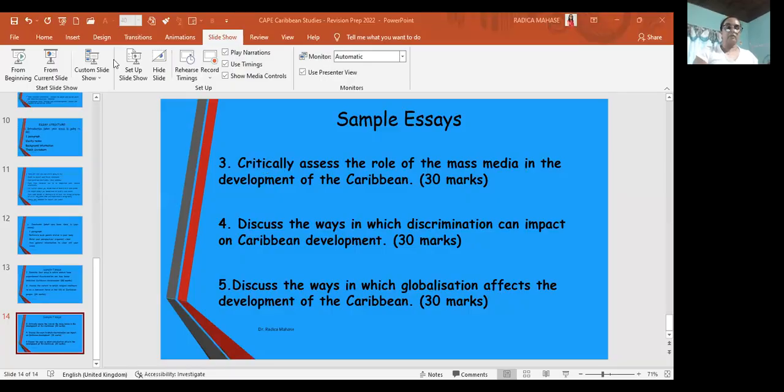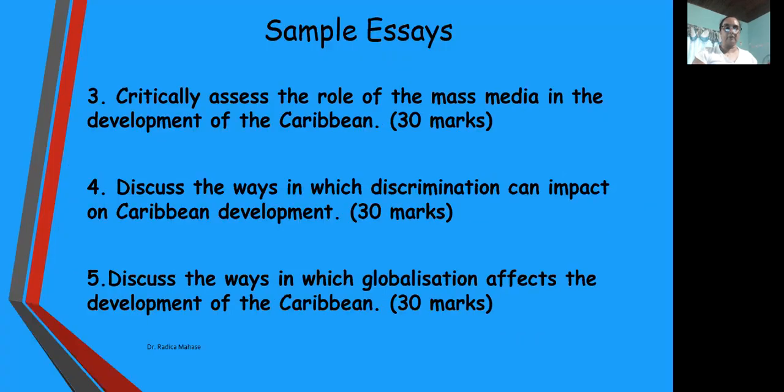Focus on the impact and then use the various types of discrimination to support the point that you're making on impact. Okay, otherwise you will run into problems with developing your points. If you start off by saying gender discrimination can impact on Caribbean development, you will run into problems, because then